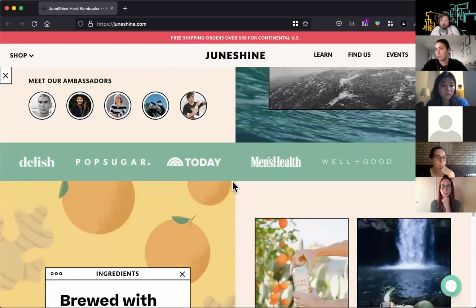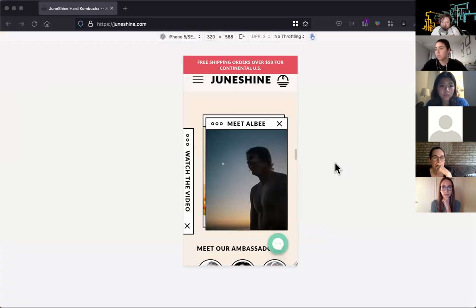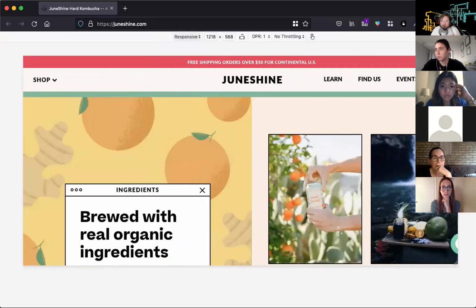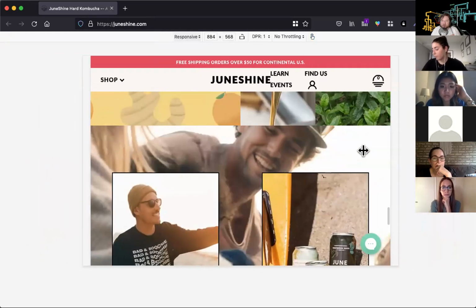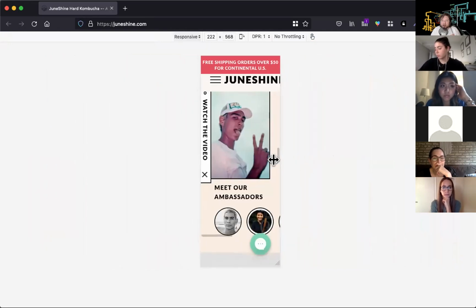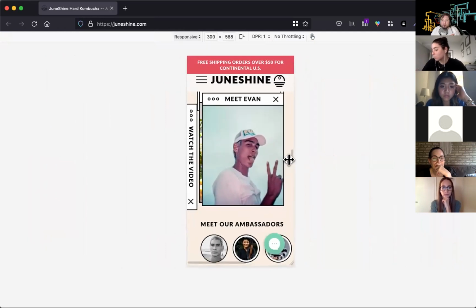Cool. Let's take a look at this in the inspector, put it into responsive mode and see how it looks. So when we shrink it down, okay, gotcha. All right. Oh, this is cool. Yeah, so